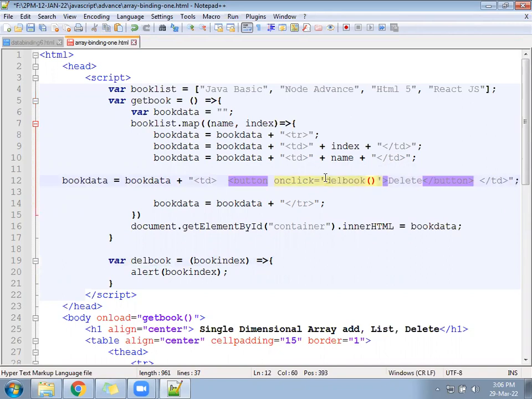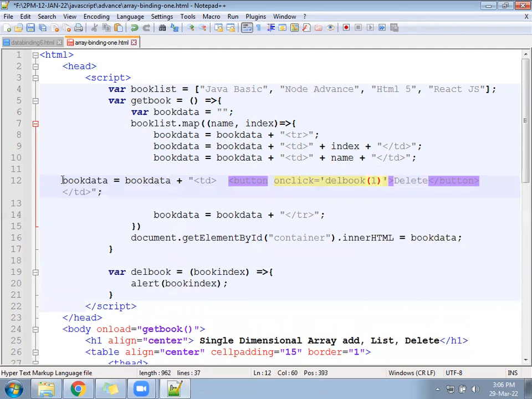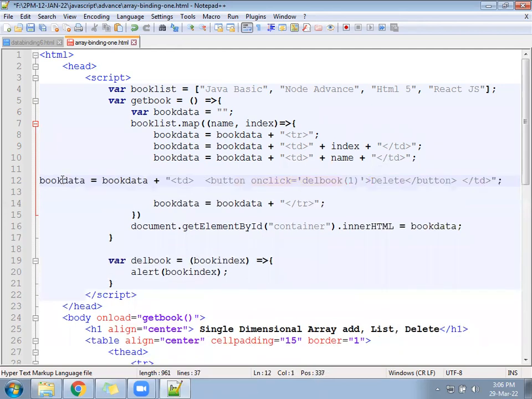Inside the del book, you pass a 1 and check. Wherever you click, 1 will come as an alert.